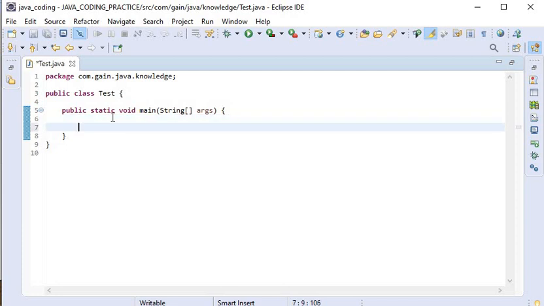First we will create a String object, String s1 is equal to new String.